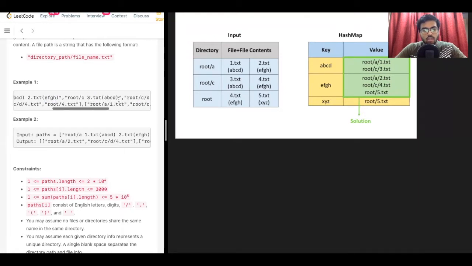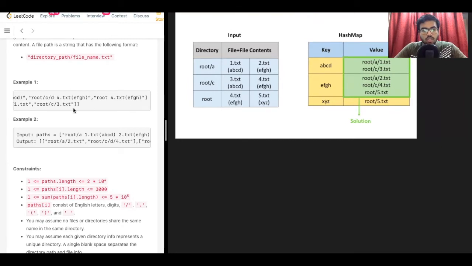Now we come to the next directory, which is c, and c has a file called 3.txt which has content abcd. And then root slash c slash d is another file which is 4.txt and it has content efgh. And only the root has a 4.txt file and it has content efgh.